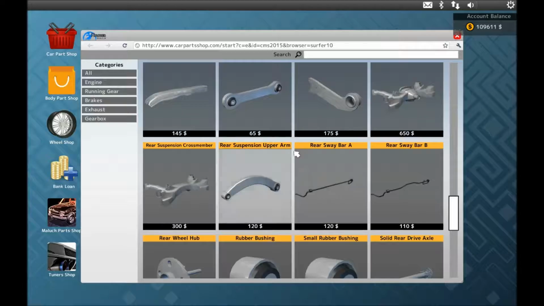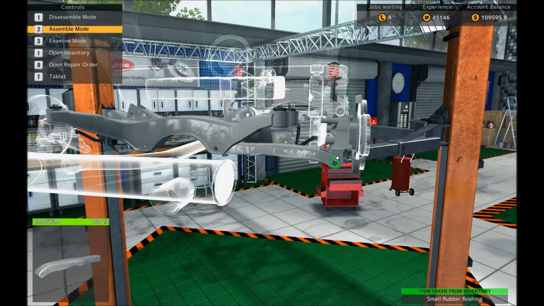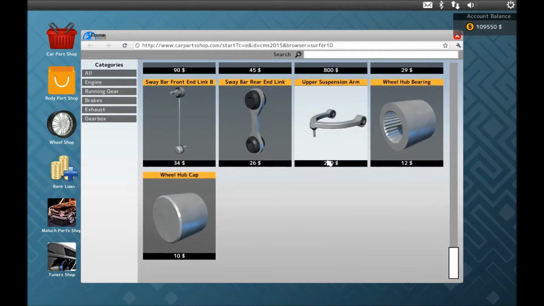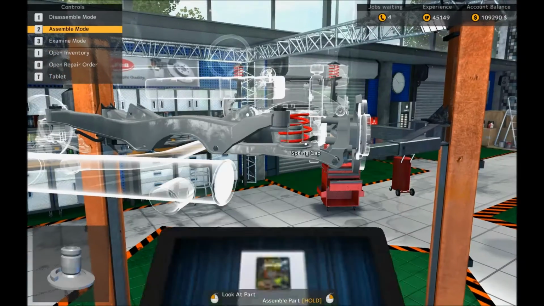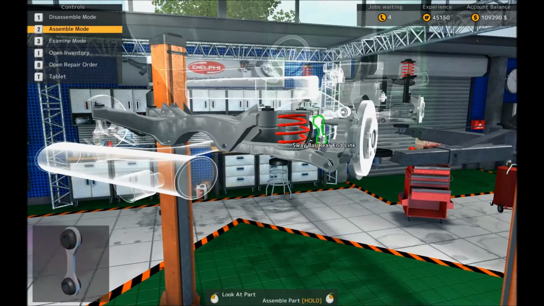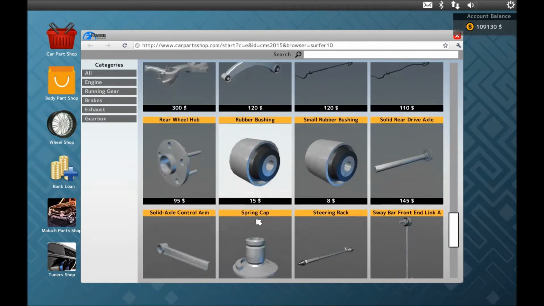I do need some small rubber bushings. Thought we did, but I couldn't remember for what. There we go. We pop them in there. All these different bits to the rear suspension. So rear springs. Need a spring cap. Two rear springs and probably two shock absorber caps. Yep. Alright. And a sway bar end link and a rear shock absorber A. That's the rear sway bar